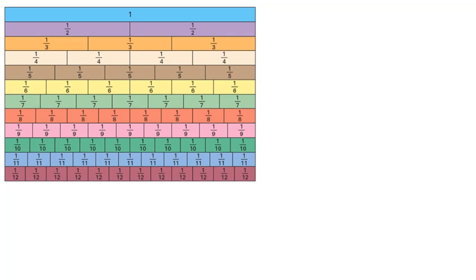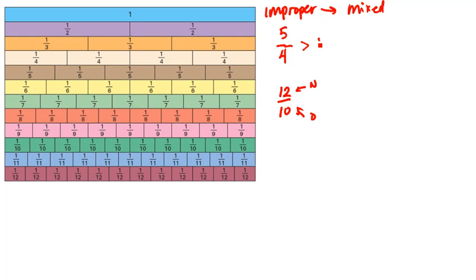So this exercise is on converting improper fractions to mixed fractions and back. Now the definition of an improper fraction is a fraction where the numerator, or the number of pieces, is larger than the actual size of the pieces that I have. So for example, 5 over 4 means that I have 5 of these quarters, which is actually more than one whole. Another example is 12 over 10. Any fraction where the numerator is greater than the denominator is called an improper fraction, and it will always be